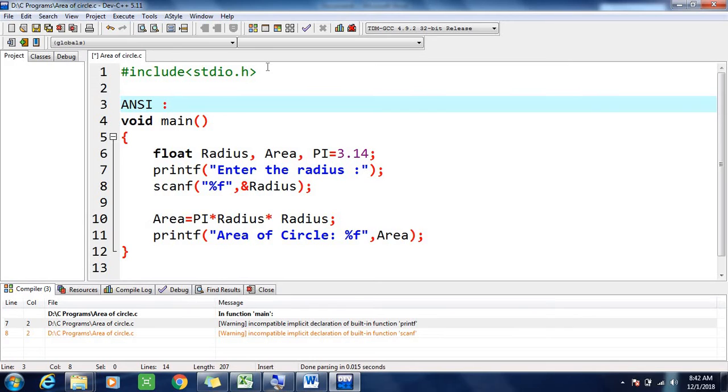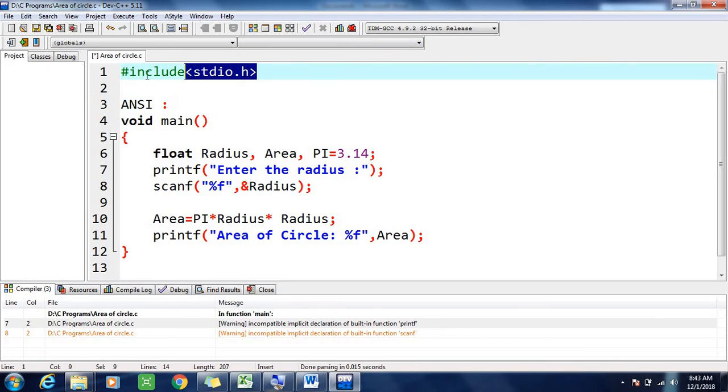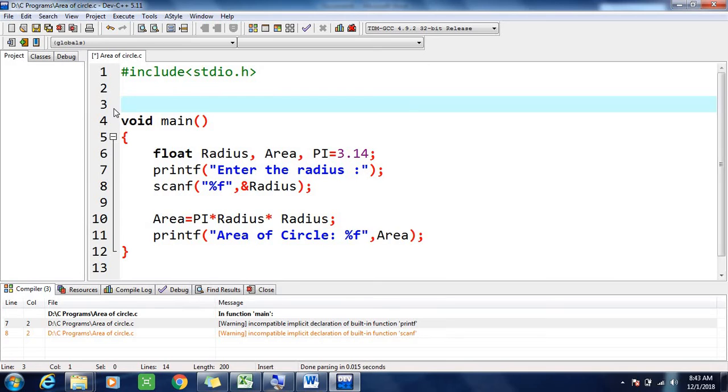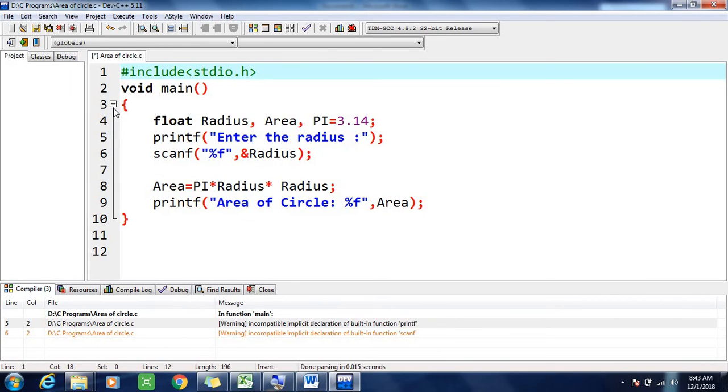If I say in Hindi, ANSI एक संस्था और ऑर्गेनाइजेशन है जिसने प्रोग्रामिंग लैंग्वेजेस का एक रूल दिया है. तो वो रूल ये है कि we have to include header file on every program we write. ठीक है,